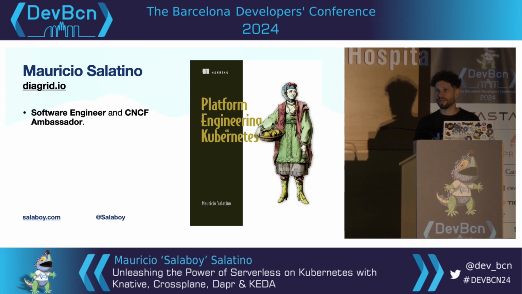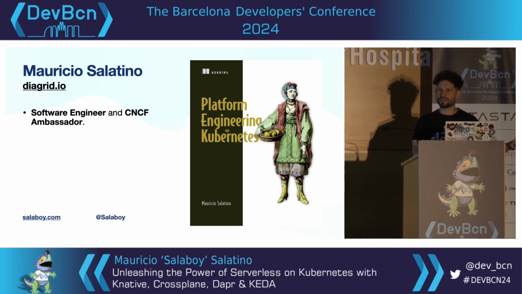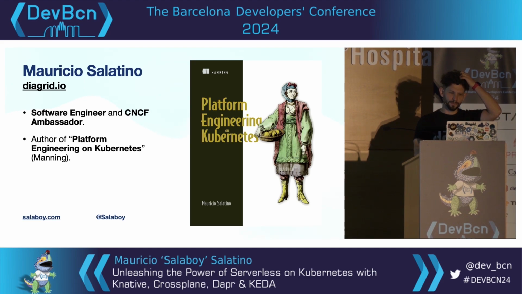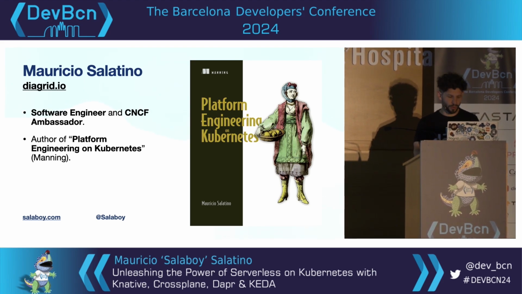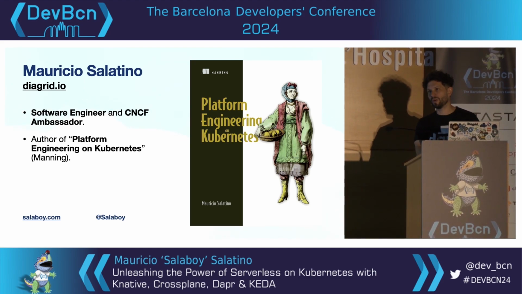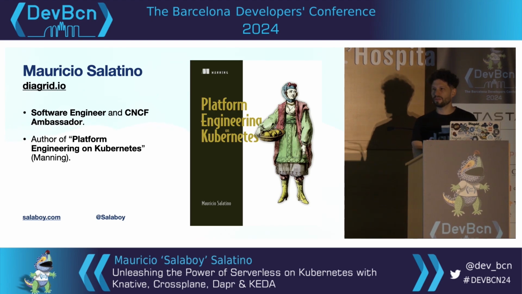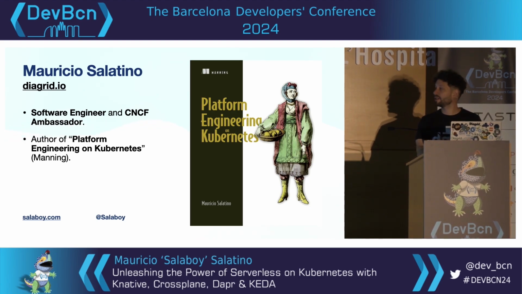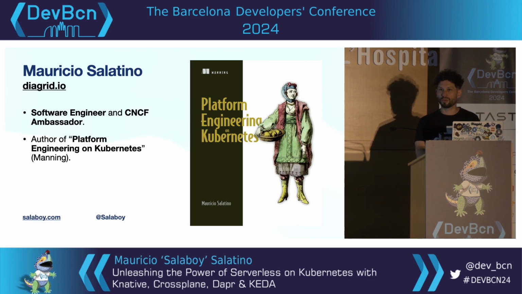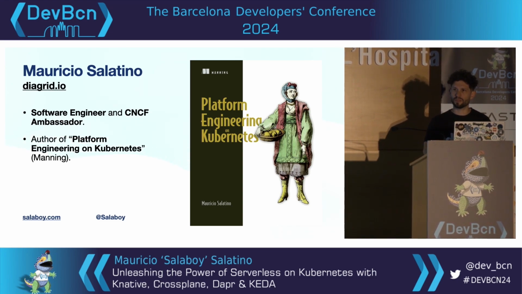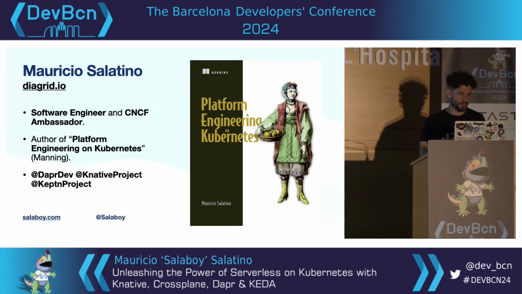I'm also a CNCF ambassador, and I think that's interesting, mostly because I've been working with different projects, and I've been talking about this for some time now. And I authored this book. I have 2 copies. We will be playing with the Wi-Fi in a bit, just to see if you can get one of the 2 copies that I have here for free. But if you're interested in platforms and Kubernetes, this book covers, I think, 17 different projects in the CNCF space and some projects that are not in the CNCF too.